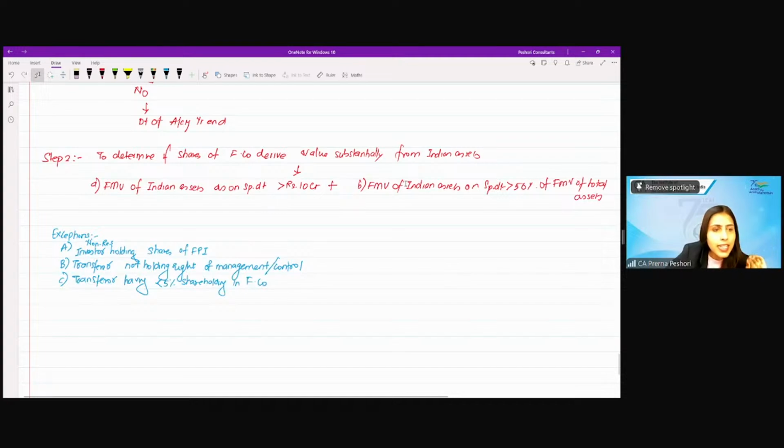So I'm considering the same scenario, but I'm giving you different situations. Based on those situations, you can identify whether we will attract the indirect transfer provision in the hands of the foreign company or not, right? So as I said, what you need to check is you need to